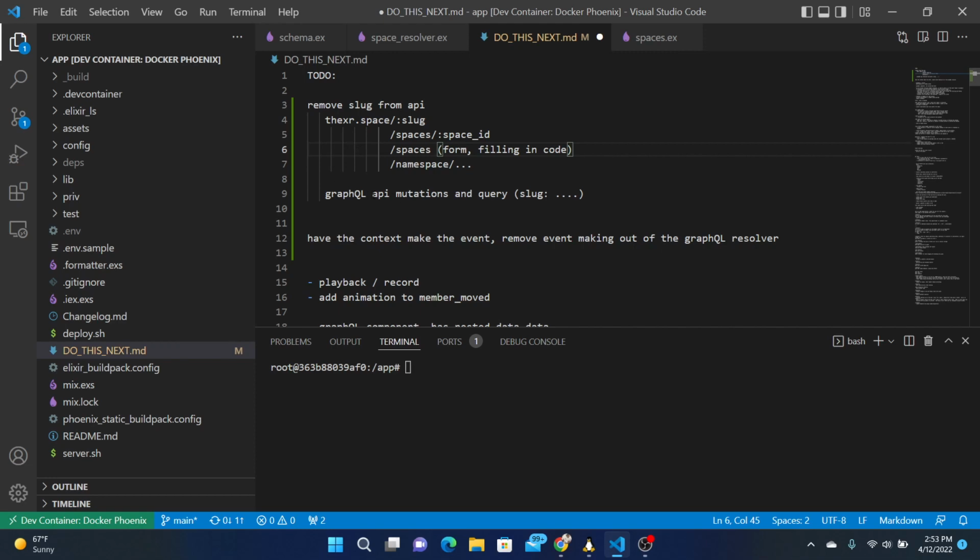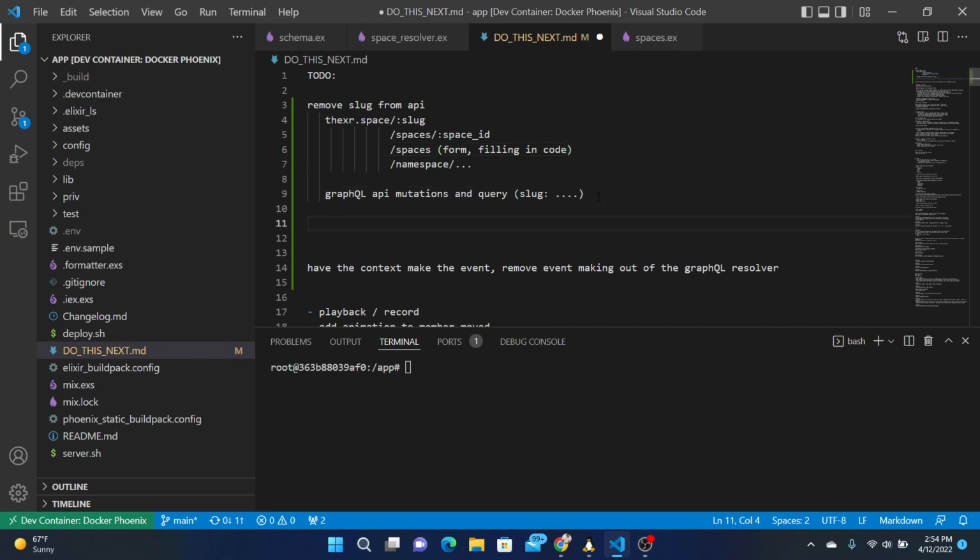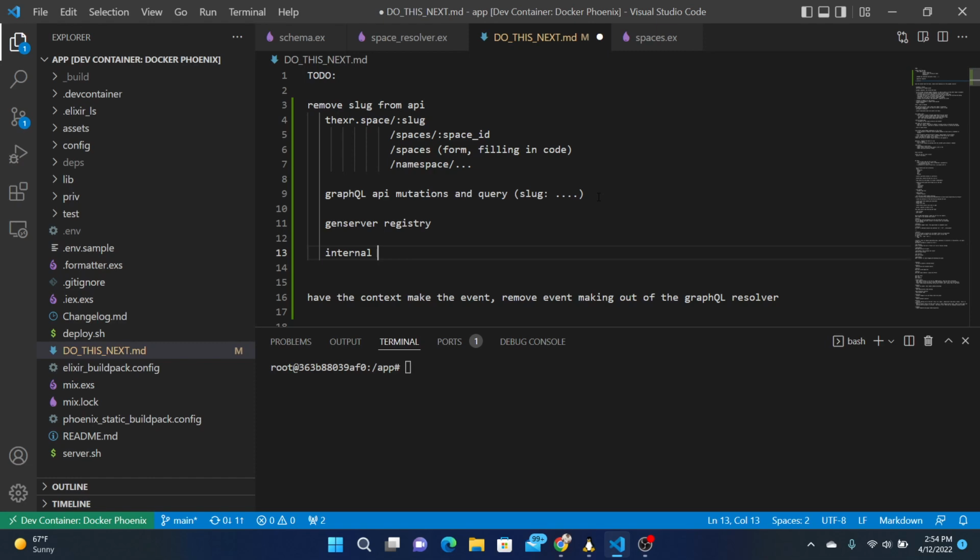So I'd like to change all the places that use the slug, including the, let's see, the GenServer registry currently uses the slug, so we use it a lot internally. So internal Elixir APIs also take the slug, and so I think we should change those into taking the space ID if possible.